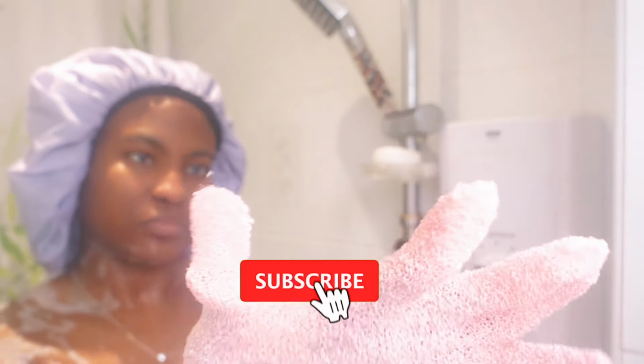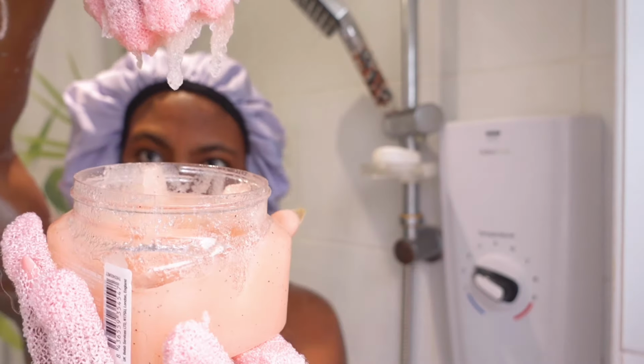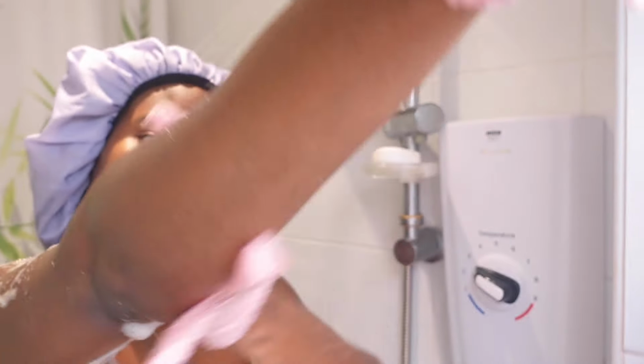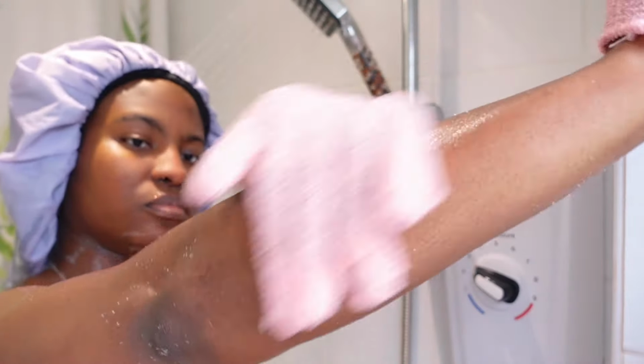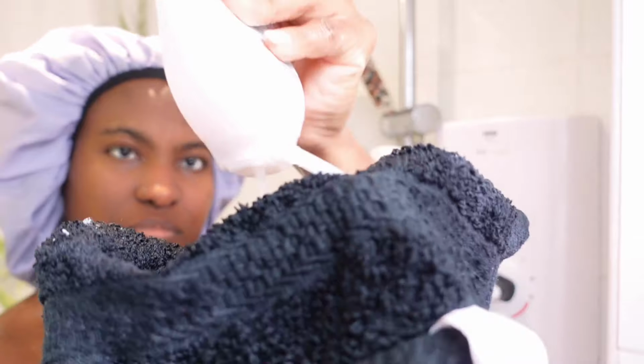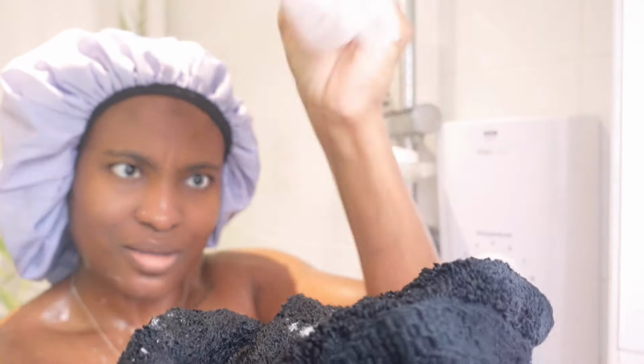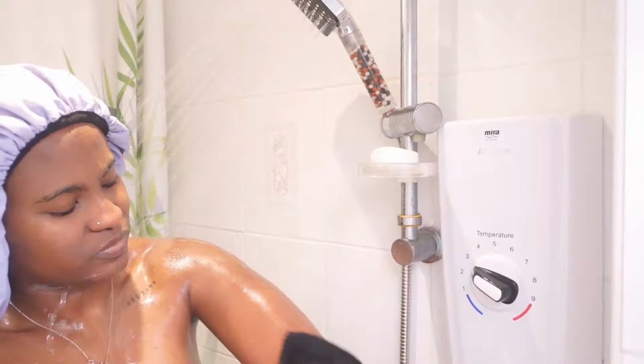If the shower isn't steamed up like this for me to be twisting and turning like a rotisserie chicken, I don't want it. Now going in for battle with my exfoliating glove, applying the vitamin C exfoliating scrub here. I love this scrub, it smells so good. Listen, a bit of technical difficulties here. I don't know why I'd be embarrassing myself on camera like this, but let me tell you, I'm gonna get